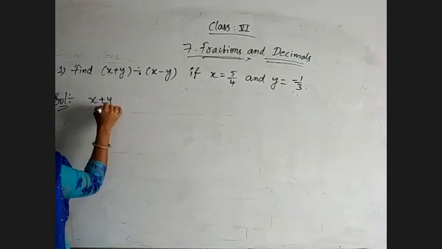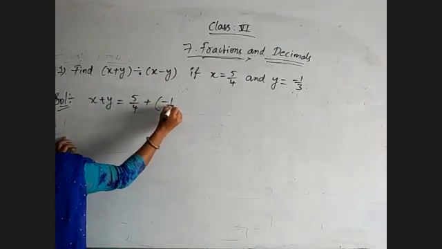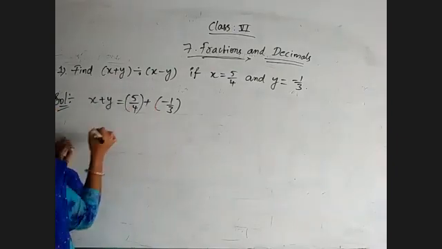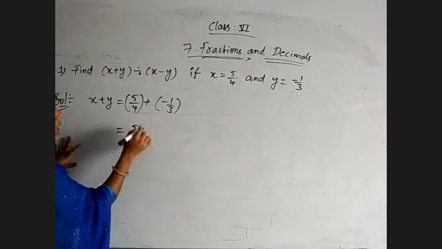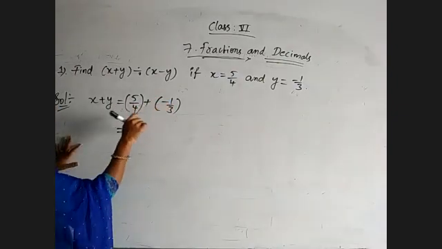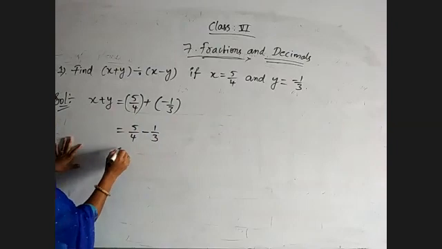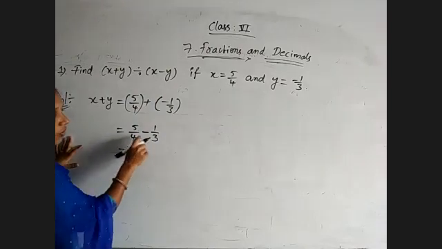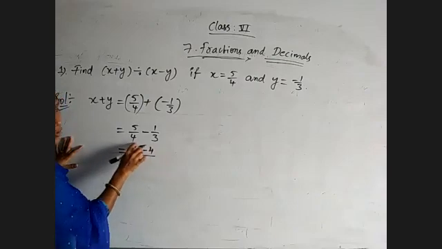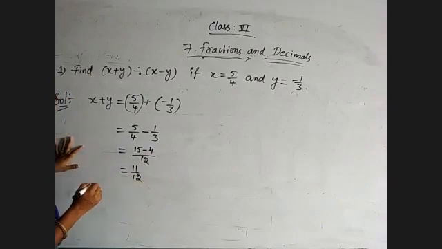What is x plus y? We are finding. They have given the x value as 5 by 4 and the y value is minus 1 by 3. So in brackets I am keeping x plus y. It is nothing but 5 by 4 plus into minus 1 by 3. Now go through with the cross multiplication because both are unlike fractions. So 5 3s are 15 minus 4 1s are 4, divided by 4 3s are 12, which is nothing but 11 by 12. x plus y we got 11 by 12.